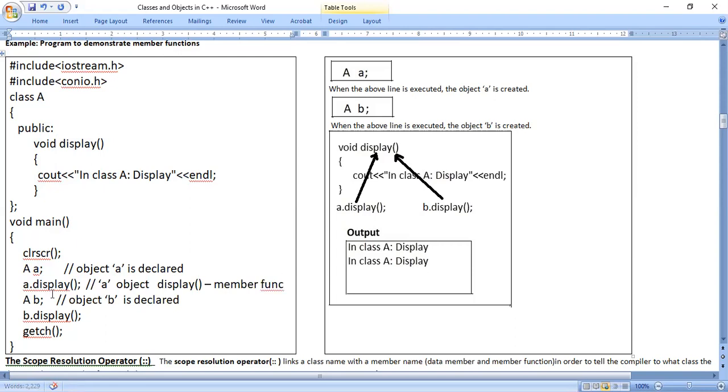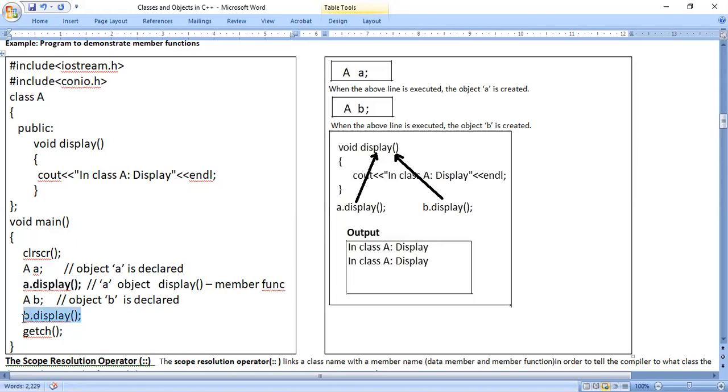So in this way we have to use object name dot member function, and you should not forget to put the opening parenthesis and closing parenthesis. That's very, very important. If you forget it, it is not considered a function. It is treated as some different identifier, variable or something. So you have to compulsorily put the opening and closing parenthesis. Okay. So now if you put that, the function is called.